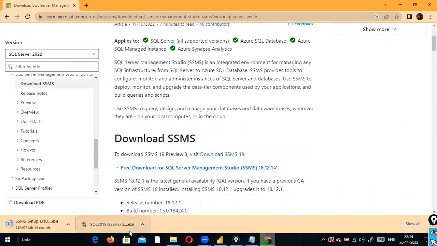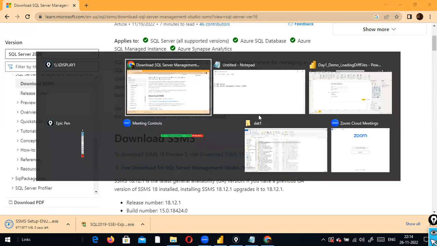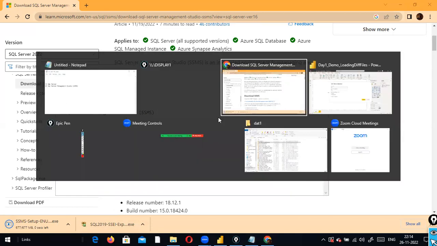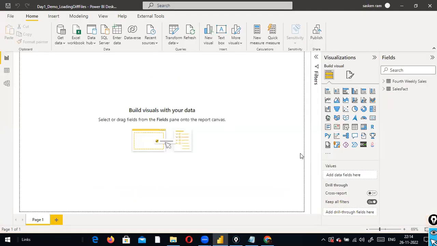Management Studio, because it's a client-server thing. Okay, the client is SSMS and the server is SQL Server. You need a server first. Only then, if you install this client, it will work. Okay, so that's the installation. Since I already installed it, what I do is